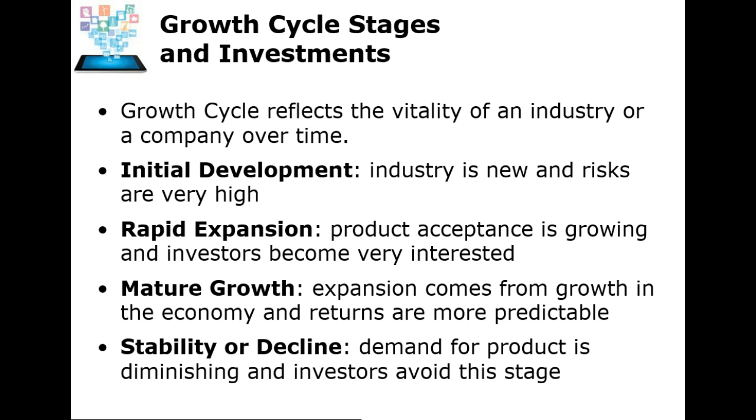Then you get to a certain point where they're at a mature phase, where they really kind of got as big as they can perceivably get. There's no real high growth areas, and then at some point they stabilize or decline as new competitors come in, as they build their winning models, and competitors can copy and move in, and it's going to reduce or decline the industry. If you think of an industry like, say, the DVD player,